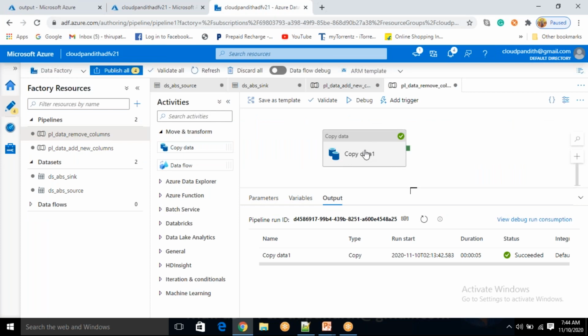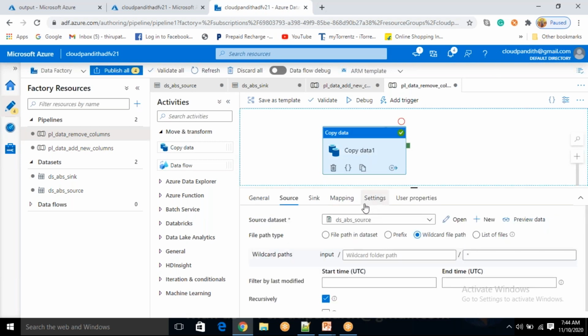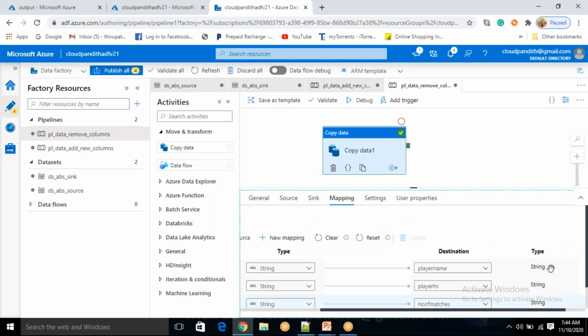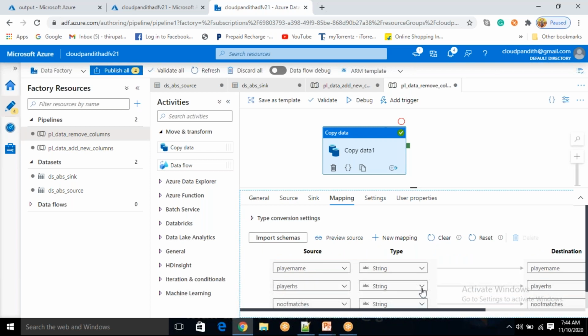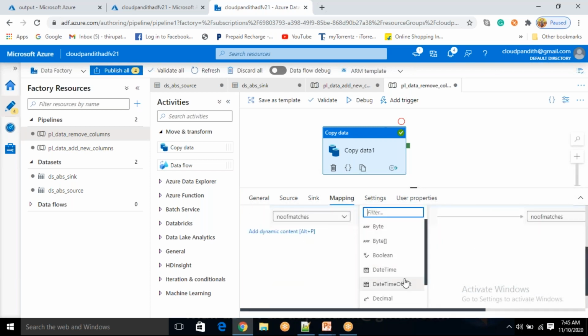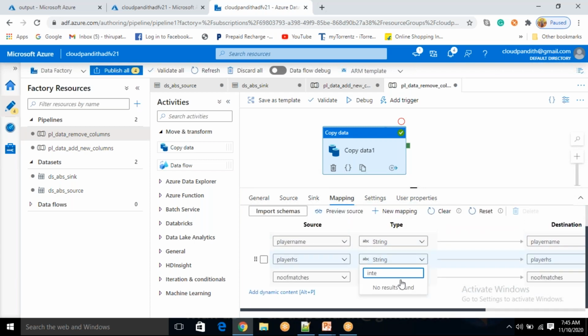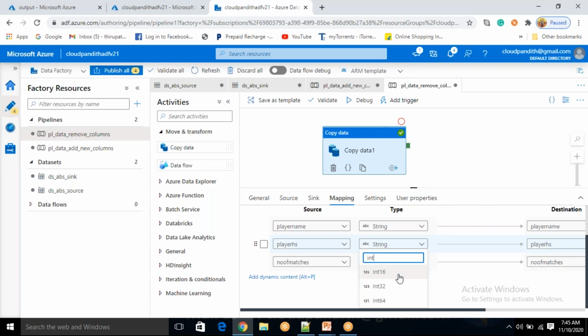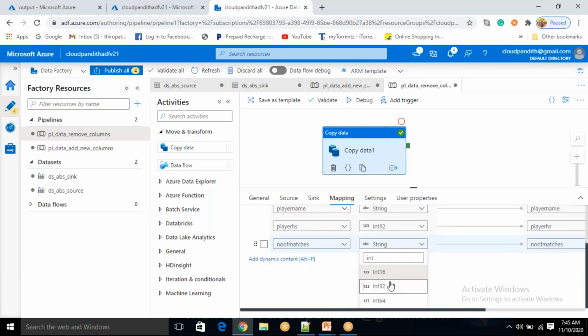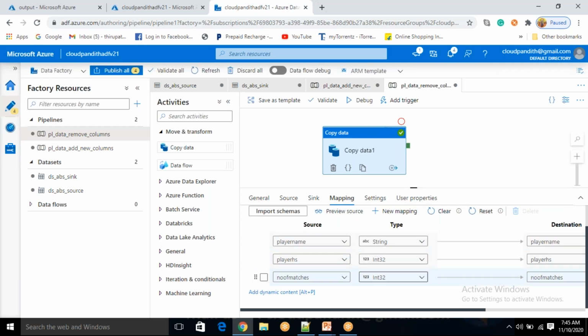SS Manohar, if it is a compatible type, you are able to change the data type. You can change the data type. You see, come to mapping. Here on the source side you are able to change. On the sink side it is fixed, but it should be a compatible type. Player name is string, you cannot change anything. Player highest score is integer, it is a compatible type, so you can change it to integer. So it's int32, I will put. Number of matches is also int, you can typecast it, you can change it to integer.